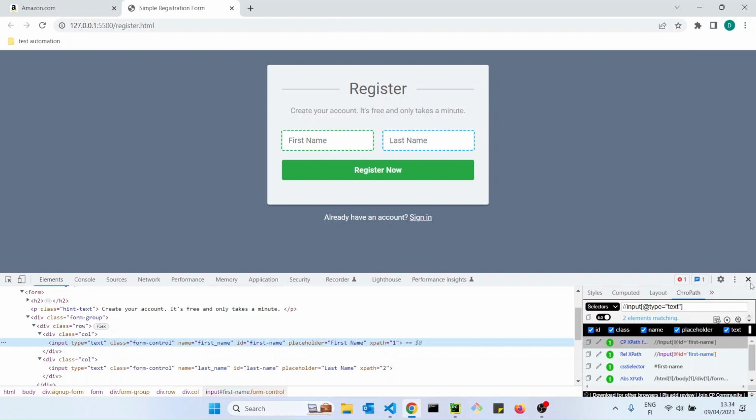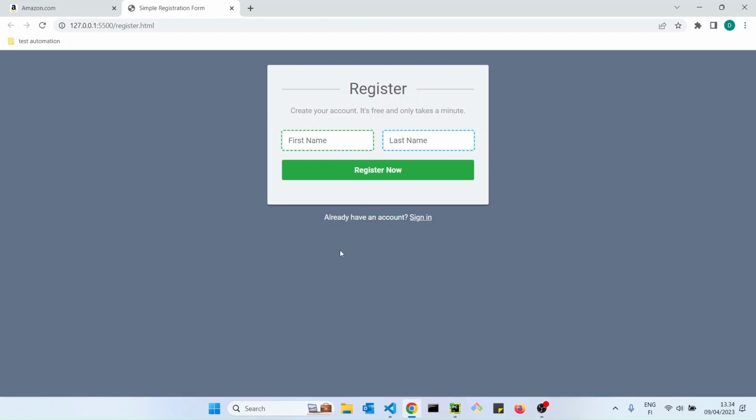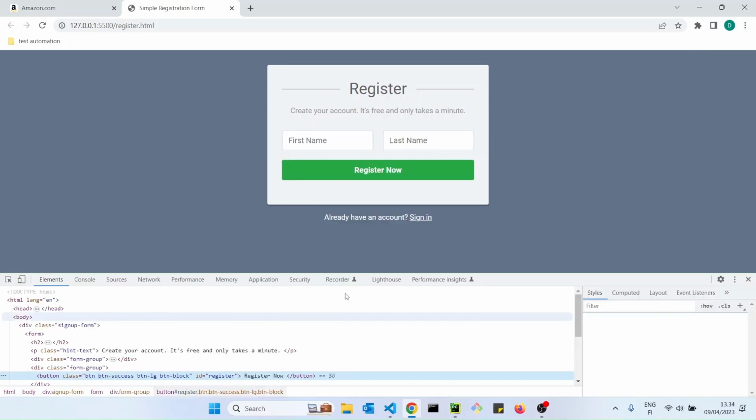Assuming, let me close the developer tools. So assuming we want the strategy for the register now button, you can just right click it, inspect,